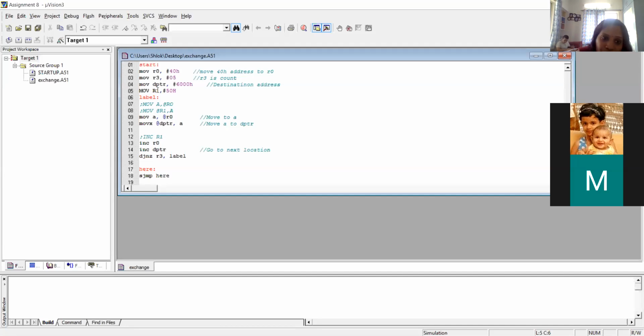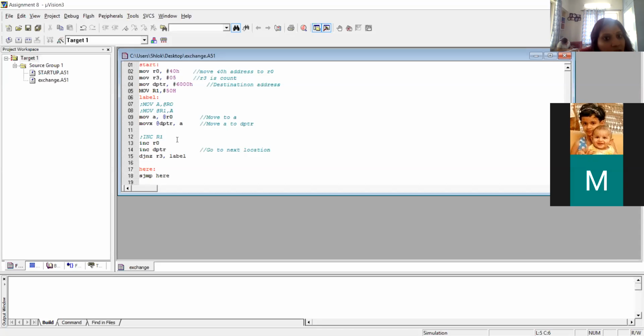It's a question from the oral point of view. That's why I can put a 16-bit value into this DPTR. You can also use this DPTR in two parts, as DPH and DPL. Right now we want a 16-bit value, and that's why we are using the whole DPTR register. Now, at the rate of R0, at the rate of DPTR: whatever value is present at the rate of R0, that means at 40, you move that value into the A register, and then from A to the location at the rate of DPTR, 6000, you move that value. So you are moving the value from 40 onwards to the location 6000.